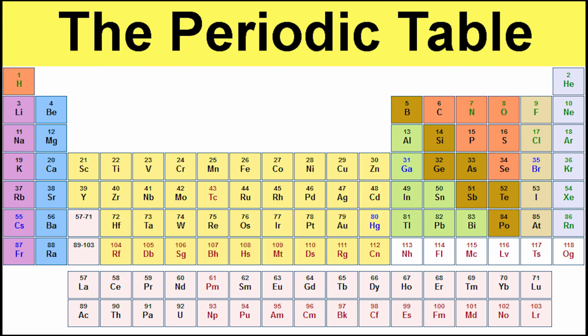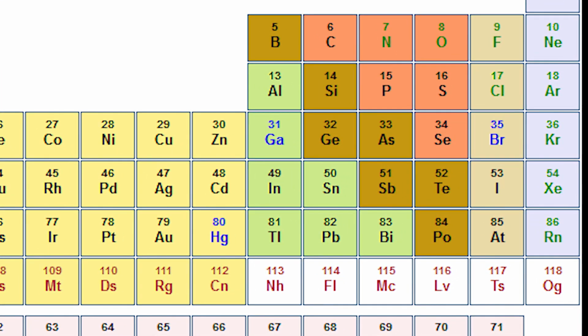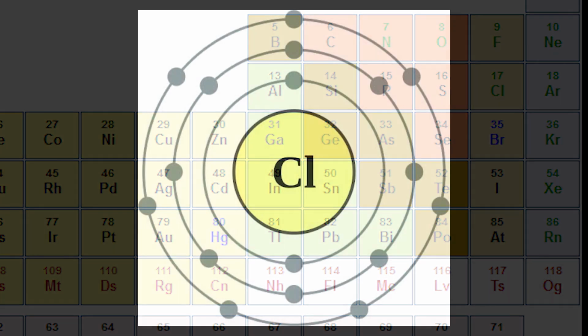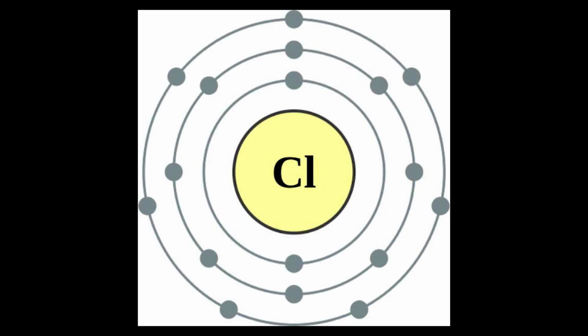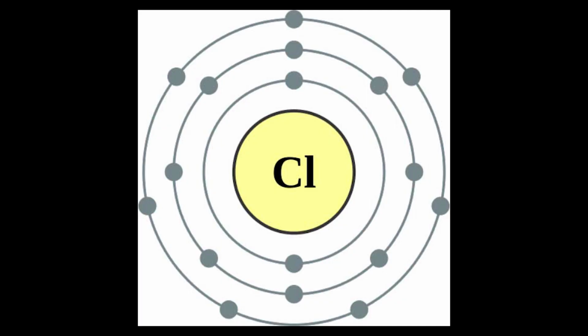So if you go to the halogens, for example, chlorine, it's not going to want to give away an electron, so it takes a lot of energy to take it, because it has nearly a full valence shell. It would much rather steal something than give away something, so it's going to say no, no, no. And also everything's very close and attracted to the nucleus, so it's going to be hard to peel something away, unlike